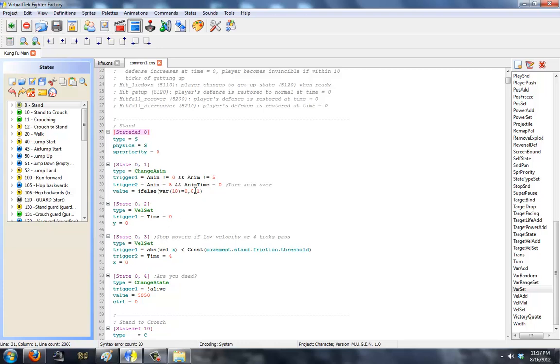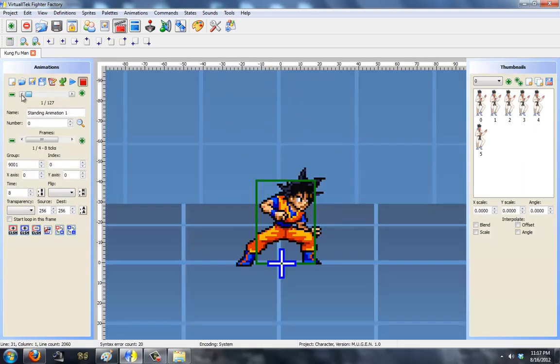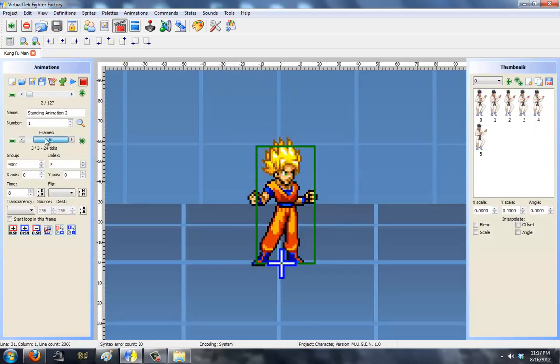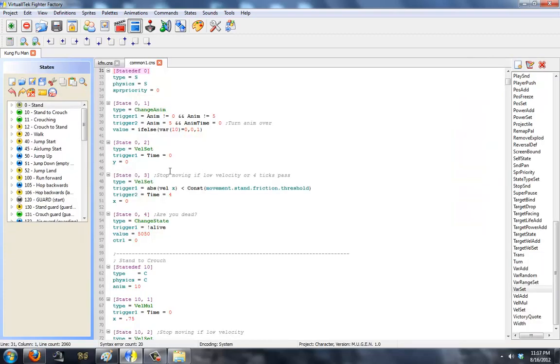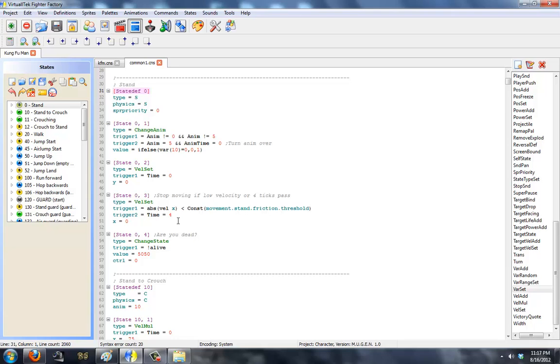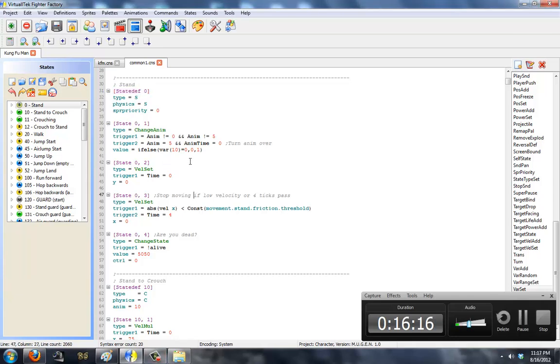Okay, animation 0. Oh, wait a second. 8. Okay, the animation does flow here. It just doesn't flow here. That's interesting. I wonder what could be the problem. Let me see, maybe